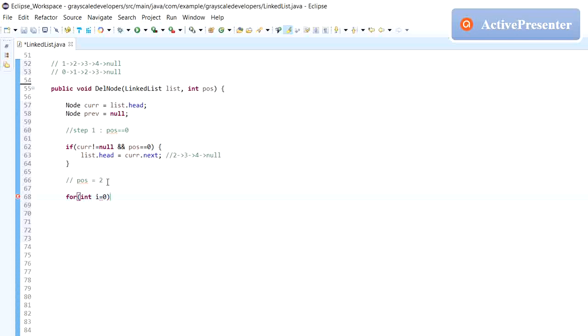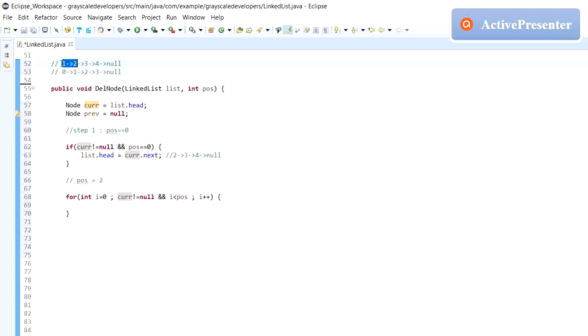I'm traversing from the 0th position, and again checking that the current node is not null, and till that position I have to traverse, incrementing i. Let me repeat this part. I'm traversing from the 0th position till the position.